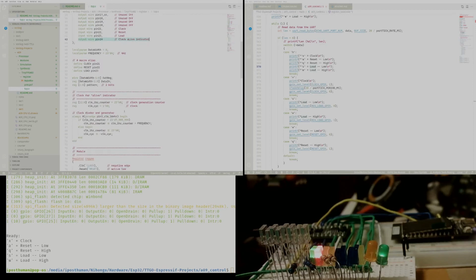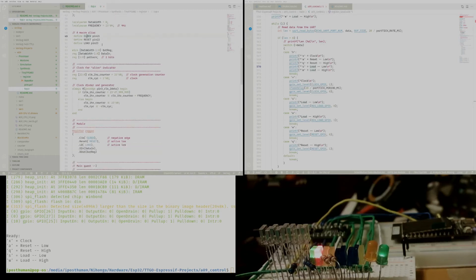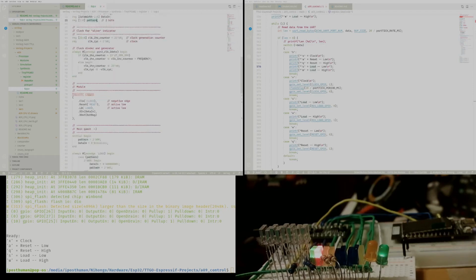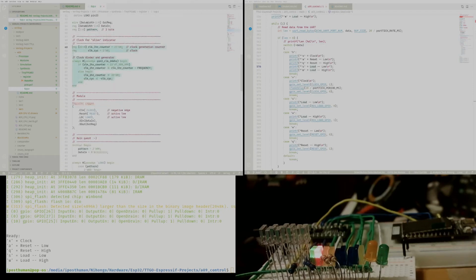So we come down here, we define a couple of local parameters. I'm defining a data width for my register to be 8 bits. I want that little green LED to blink at 4 Hertz. I've got some more macros defined here so that you don't have to remember the pin numbers. I define a register to hold the output, one for the input that we'll be manipulating with this pin pattern here. And then this is typical FPGA code for writing a clock and then subdividing it for a specific frequency